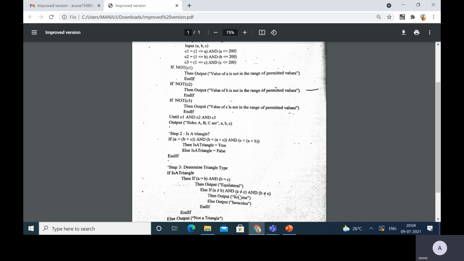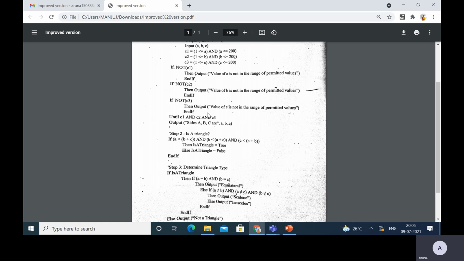And A not equal to C, 5 not equal to 6, true, but since one is false, you will be getting false itself. So it will come to the else part and prints it's an isosceles because one pair of the sides is equal. 5, 5, 6 is the input which we have read. So you will be getting the output as isosceles.